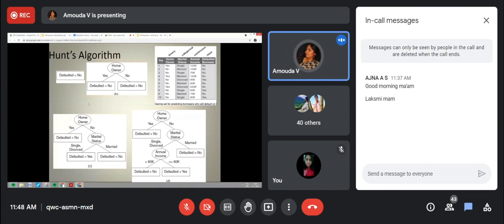default function. As I already explained, if all the records belong to one class, that is, there is no defaulter at all, then the classification problem contains only a single node. A single node is taken with the class label defaulted no. In the first picture, you can see defaulted no. What does it mean? Most of the borrowers have successfully paid the loan. Okay, so we just leave it as a leaf in the first step.